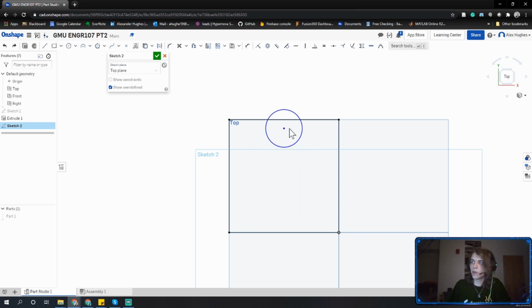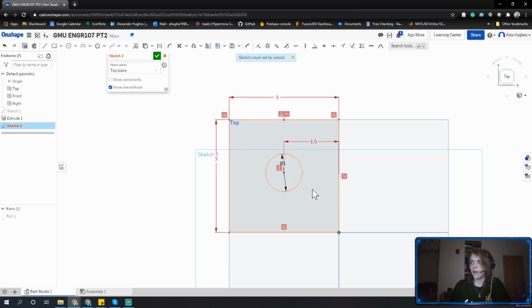Another helpful tip, one thing about Onshape is it likes to automatically grab centers. As you might notice, if I drag my circle up here to the center of this line, and I drag it back down, it will automatically try and create a center point mate. It will automatically define that the center of this circle is supposed to be on the center line of that line. And if I place it down, I suddenly get an over constraint error